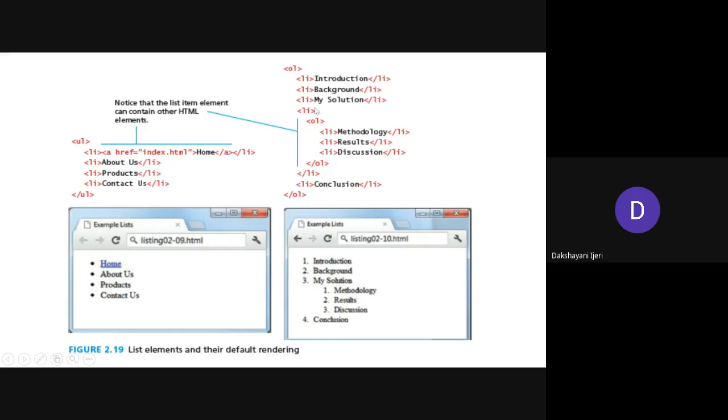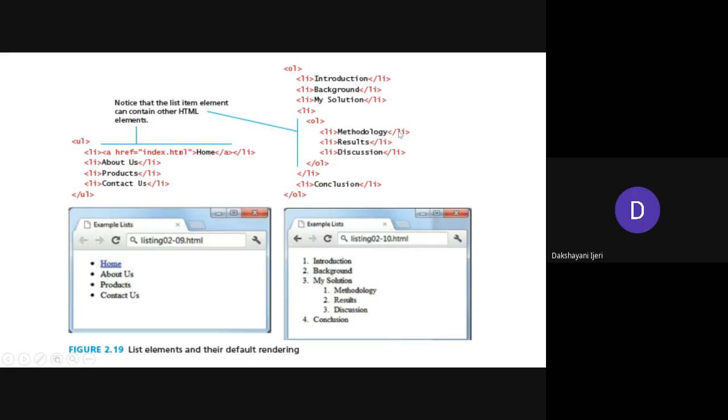So in the third, you can see here my solution li and close here itself, and after that you take one more li to make it a nesting level here, right? So to this nesting, what kind of list you want to create here? Again, it is an ordered list, right? So for that you have to use one more ol here. So wherever you require, you have to use the similar kind of nesting here. So one more ol, and then followed by again all the three items that you want to include here.